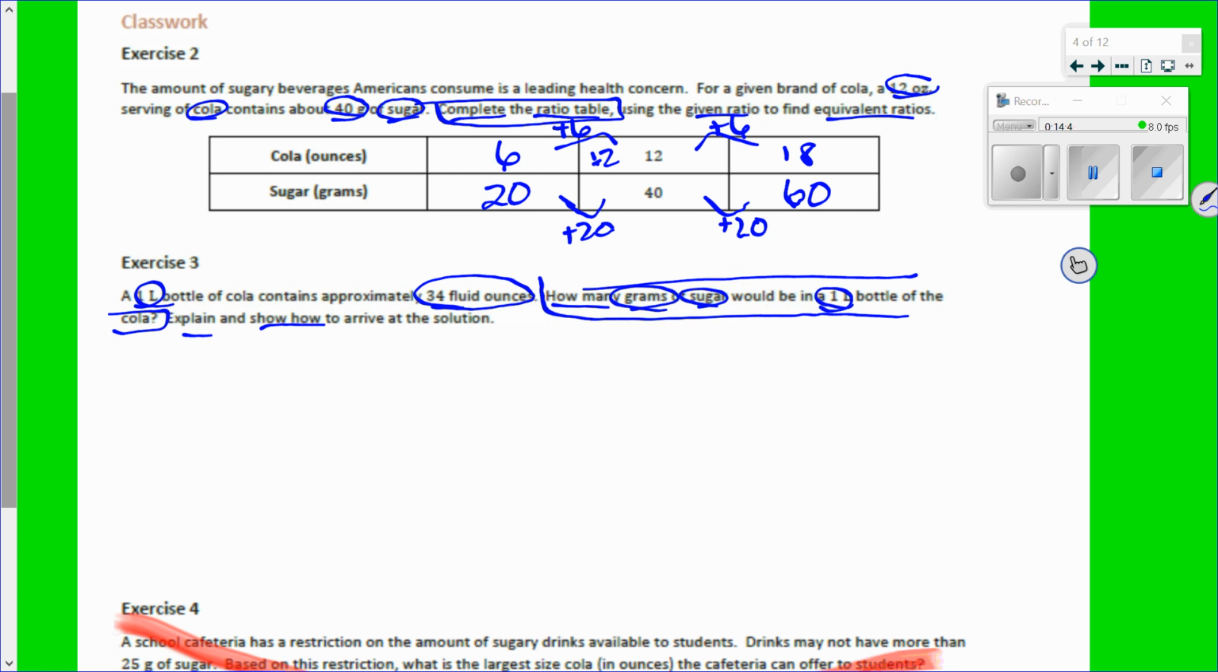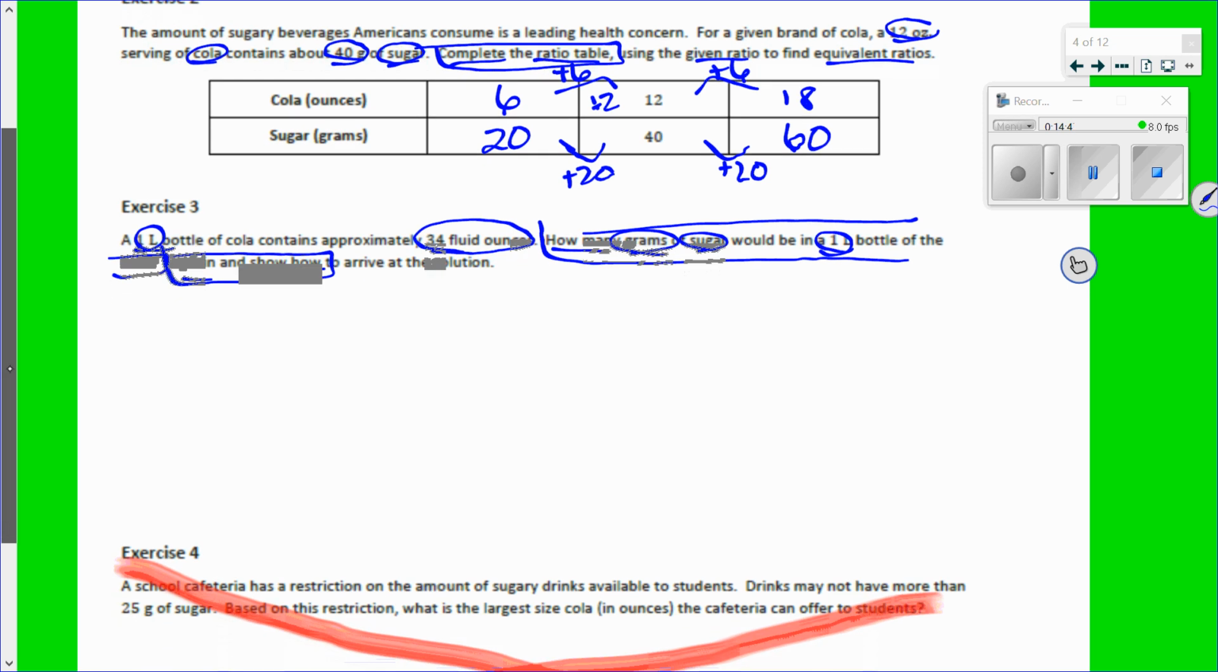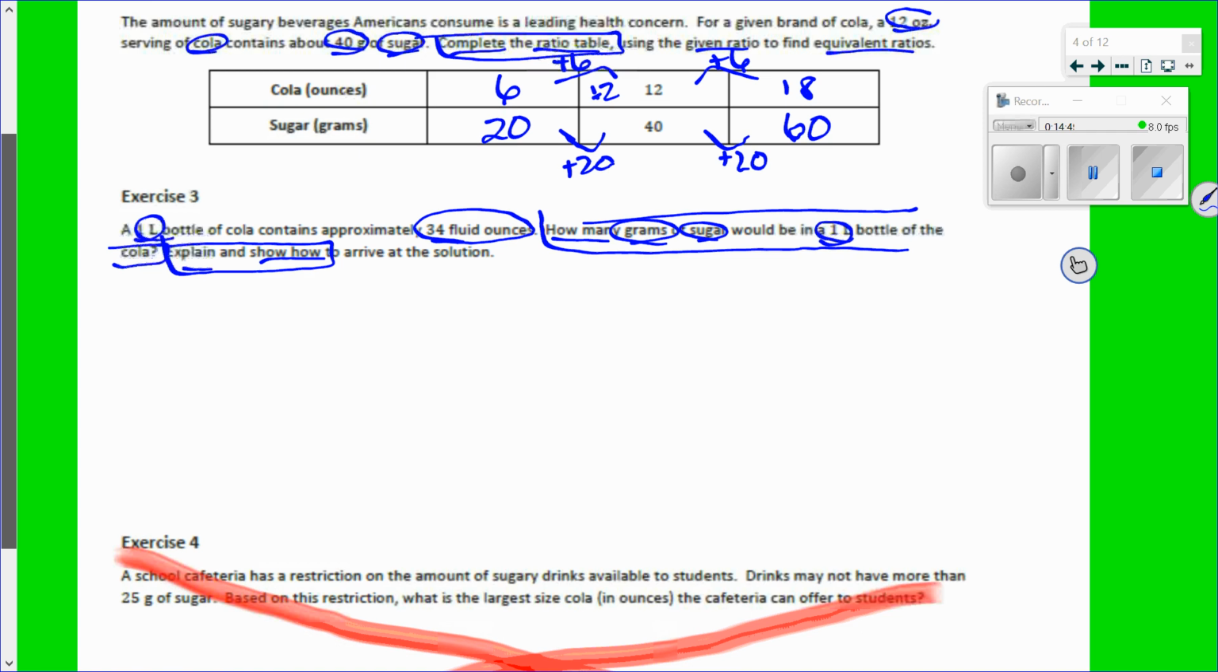We've got a couple pieces we need to do on this. First off, we're going to take our ratio table and turn this into a double number line. This one they've already done sideways for us, so it makes it really simple. C is my cola and S is my sugar. So define my variables: C is cola in ounces, S is sugar